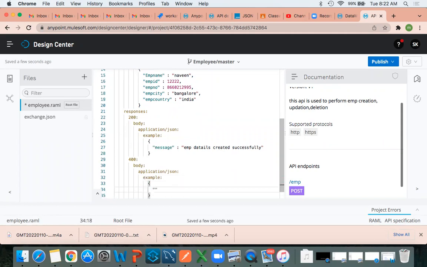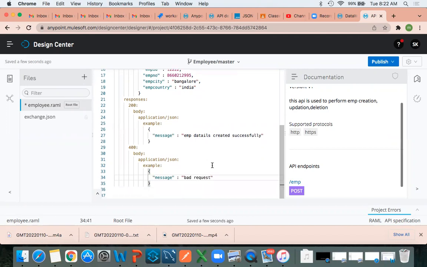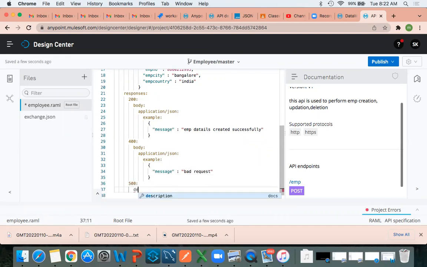So here I am writing message: 400 means bad request. So this is how you can write one syntax. We have one more syntax. 500. Here you just write description. You can use the pipe symbol.